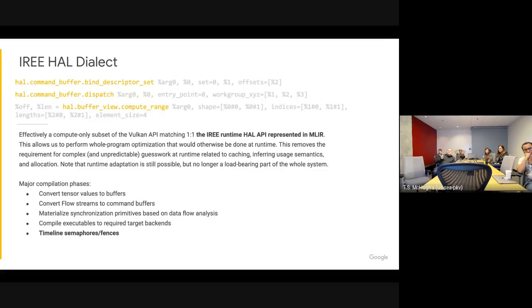Which means that any of the particular work that we're doing, like transcribing a flow stream with a bunch of dispatches to a command buffer with a bunch of barriers and dispatch calls and buffer bindings, we can write that as simply as you would imagine,